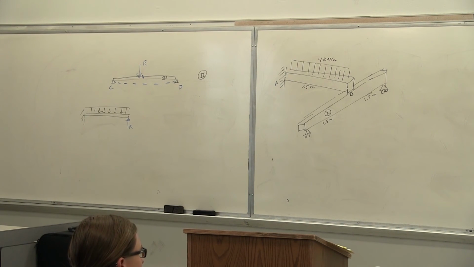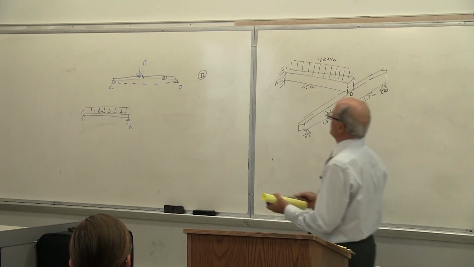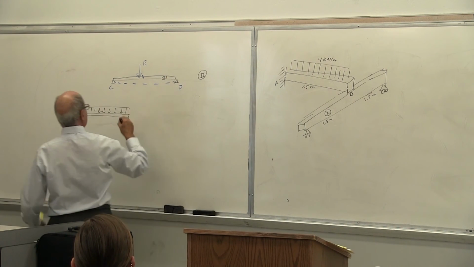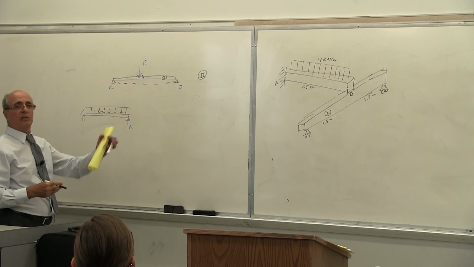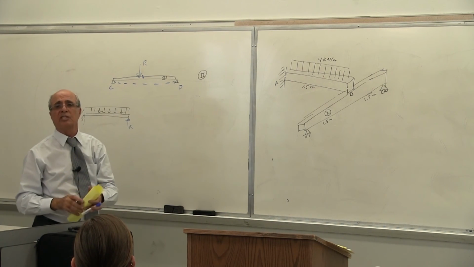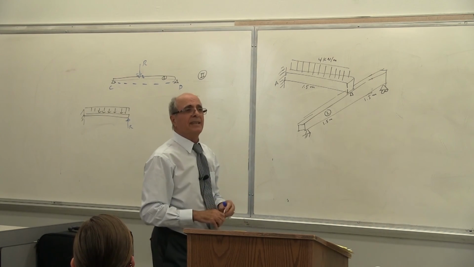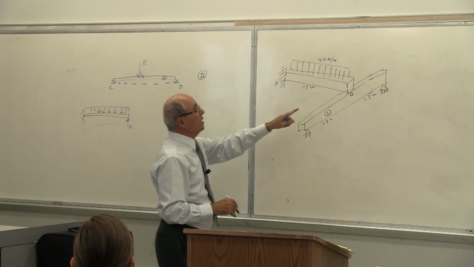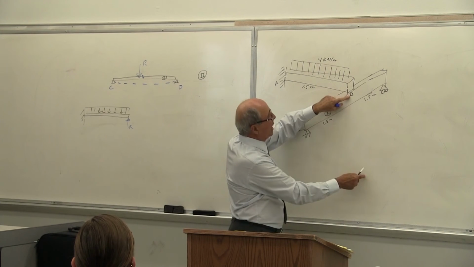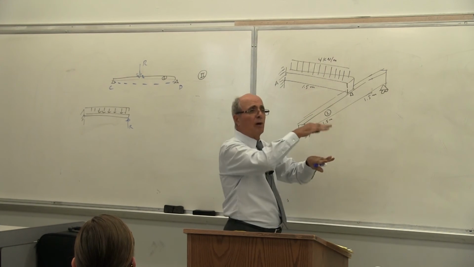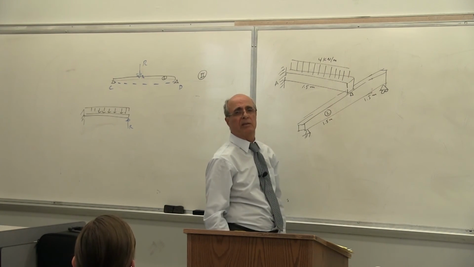The only thing is, what's the value of R? We don't know. Yes? The question is, what is R? Now, if I want to calculate value of the R, which pushes it down here and that one, what should I say? Now, the condition is set there. What is the condition now? Y at B. This cannot go down here and that stay up there. The two of them going together. Is that correct or not?